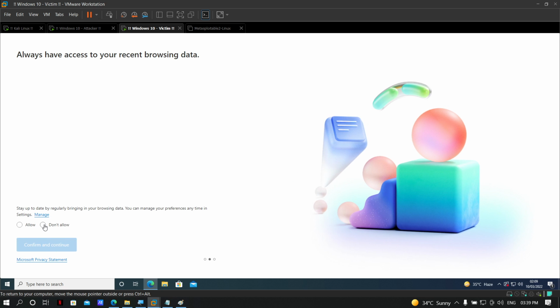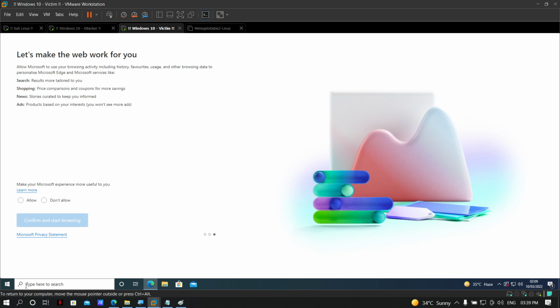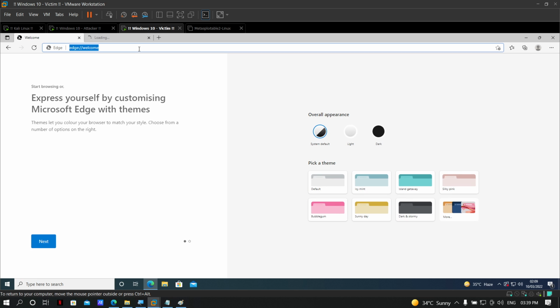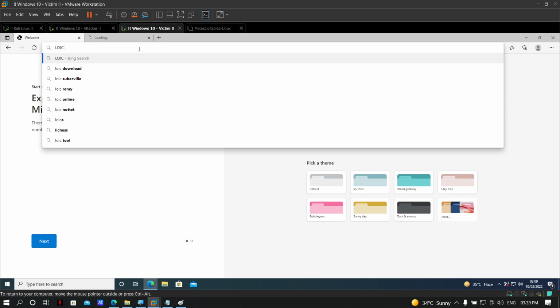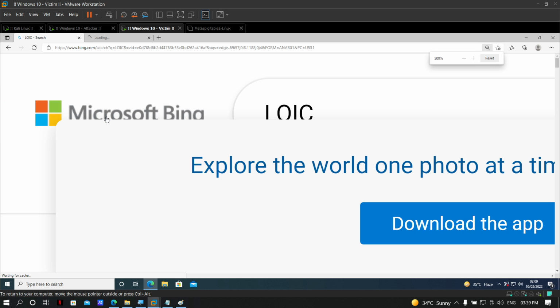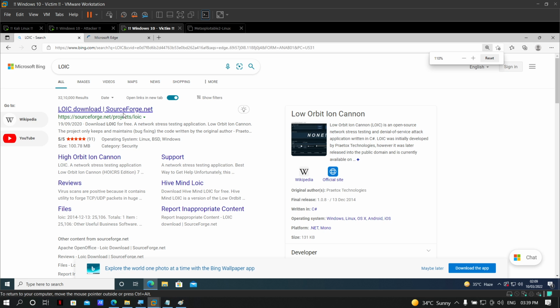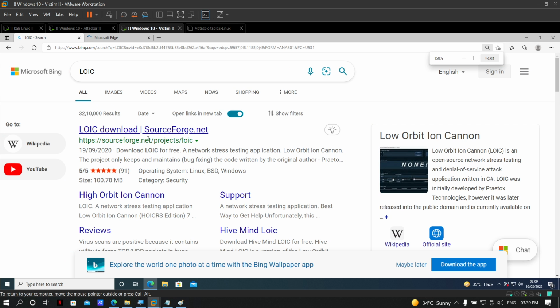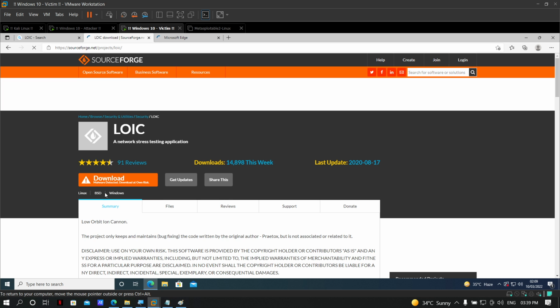So just configure your browser first and then go with LOIC. You will get a link from SourceForge, right? Just go with that link and download the file.